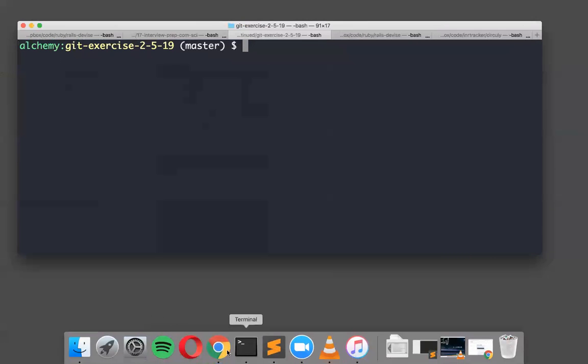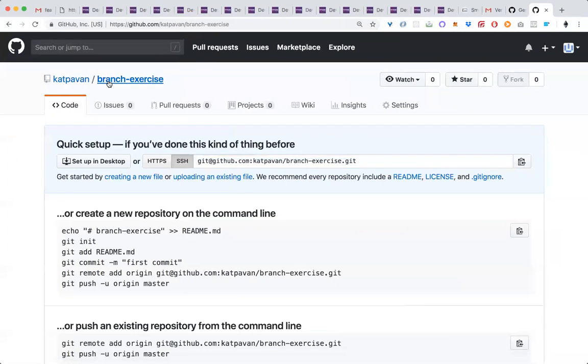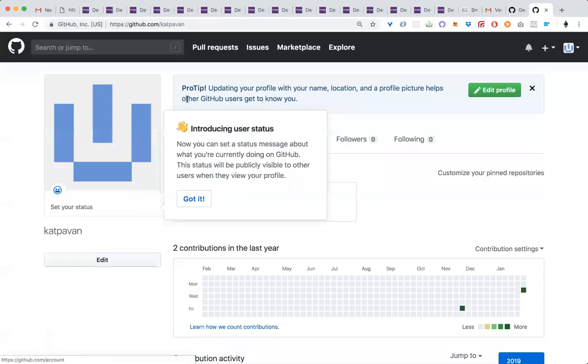You see master there. So if I go to GitHub right now, I didn't push anything here. So let me go to another one. See, I got my,